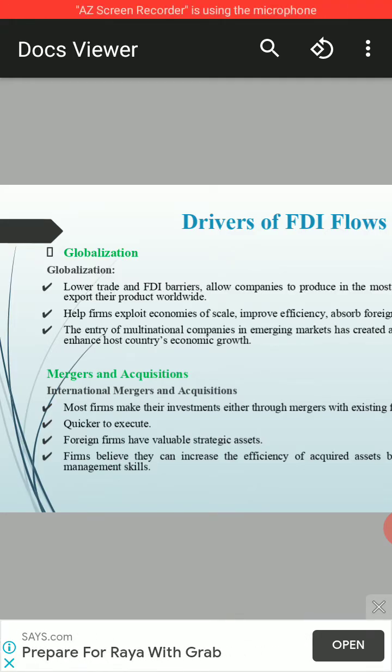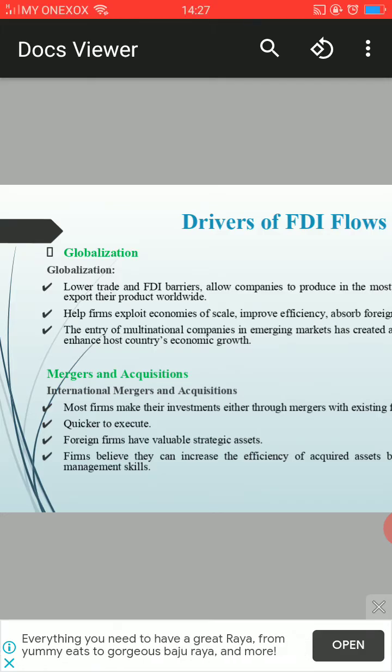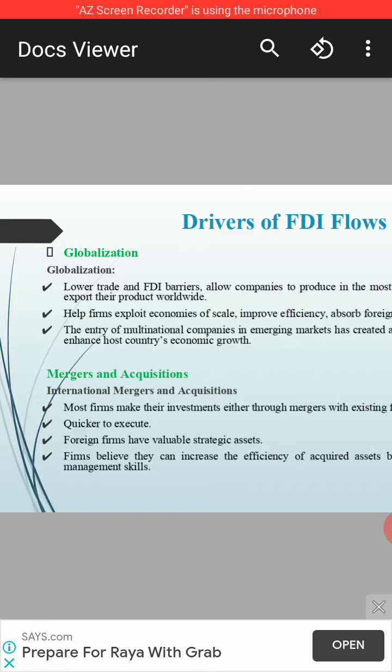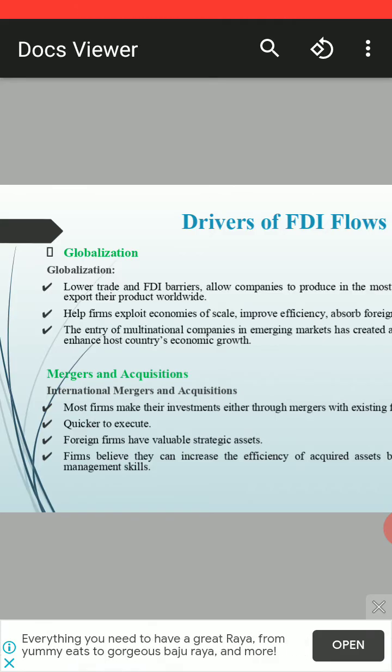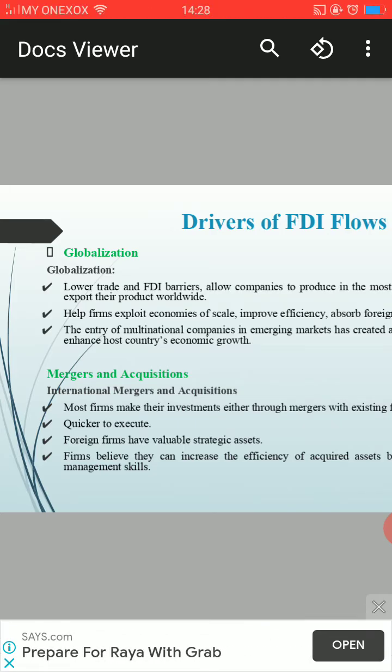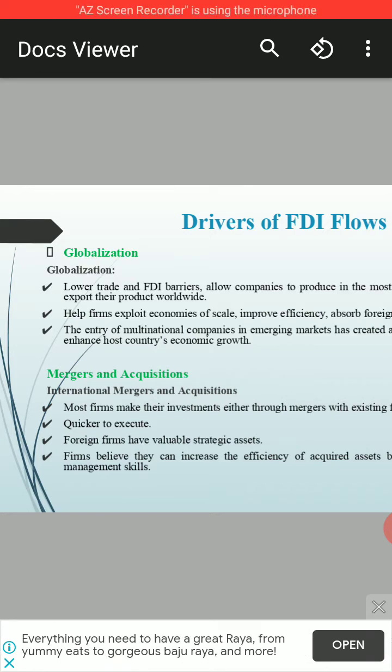So the foreign firm will gain valuable strategic assets. Because this company already exists, it has brand loyalty. They have very loyal customers that already use their product. This company is well known. They have customer relationships, and they already have trademarks, patents, distribution, and also a good production system. So there is no need for the MNC to build all these things from the ground up, because it is risky, costly, and takes a lot of time.